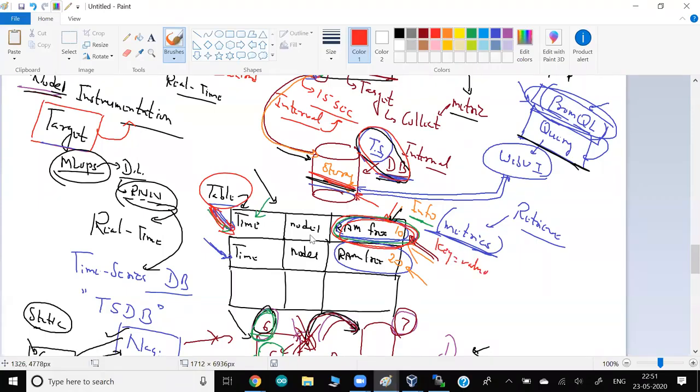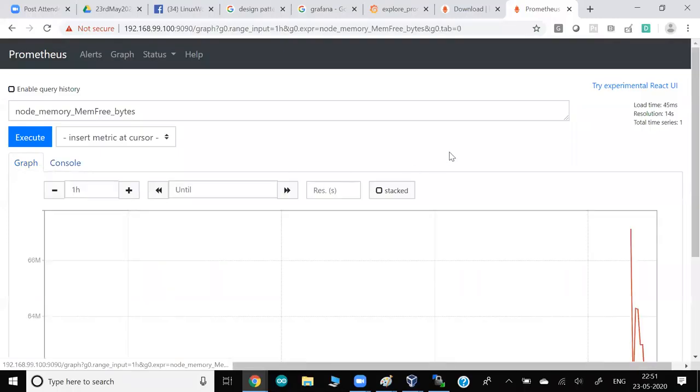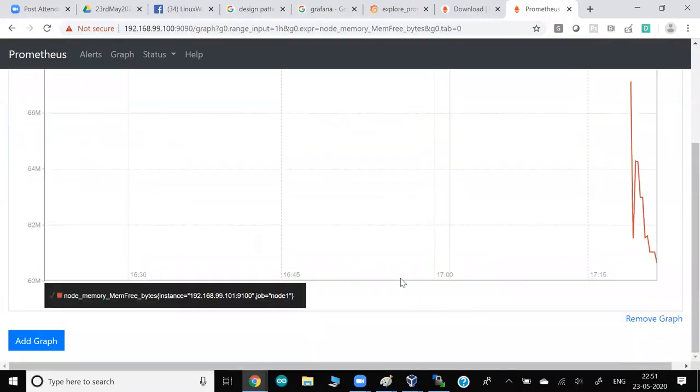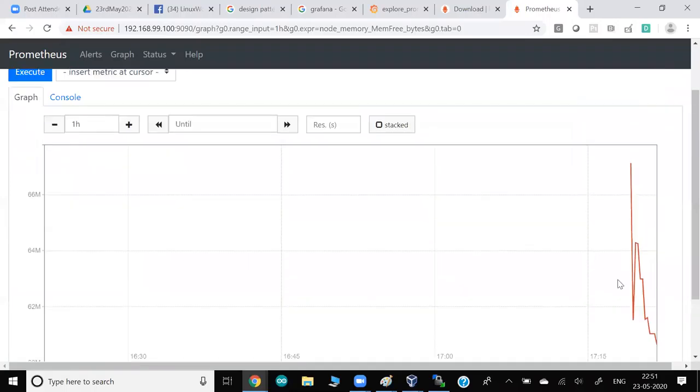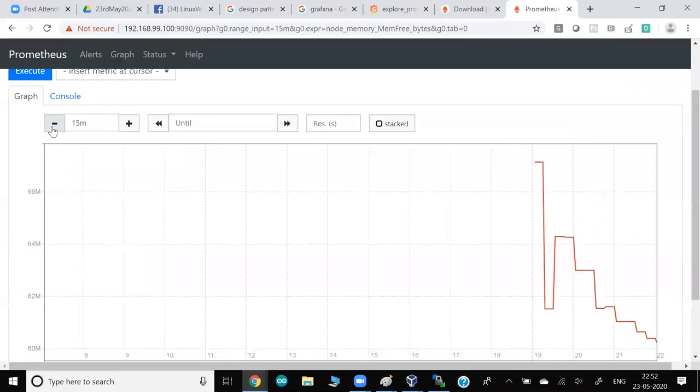So if you see here, they are showing you this is the key and this is the value. Okay, time also, you can see there's a graph here. You can see the real time graph. Because they have the time, they can create a time graph for you. Okay, because my node just started, you can see the graph till here. Maybe decrease, let's say 30-second graph, 15-minute, 5-minute.